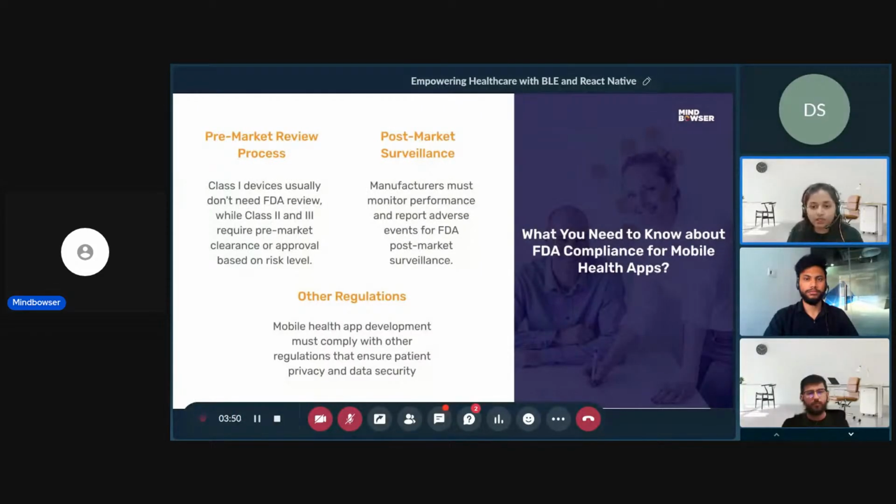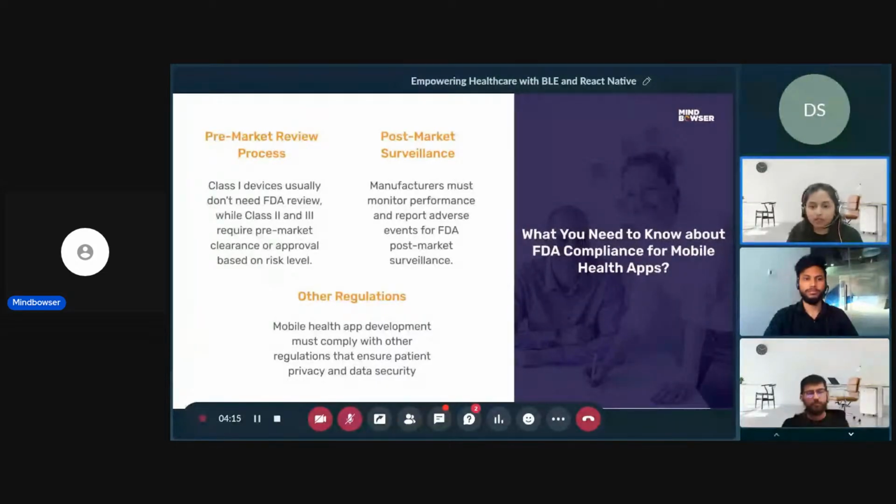So these are the review processes that any health or medical application goes through throughout its life cycle. And by following these compliances, developers can build reliable, secure healthcare solutions that positively impact patients and comply with the FDA. So moving ahead, on the next slide we'll see the role of BLE in